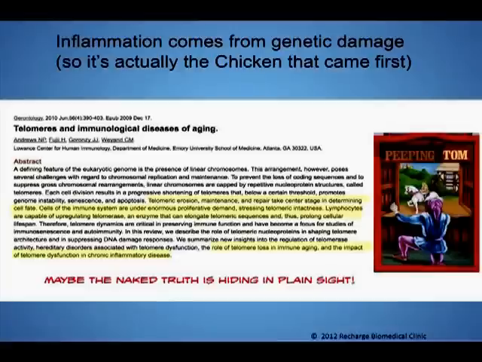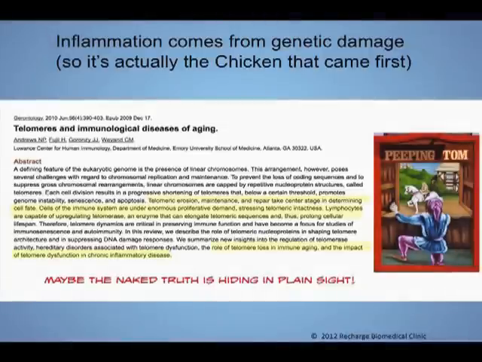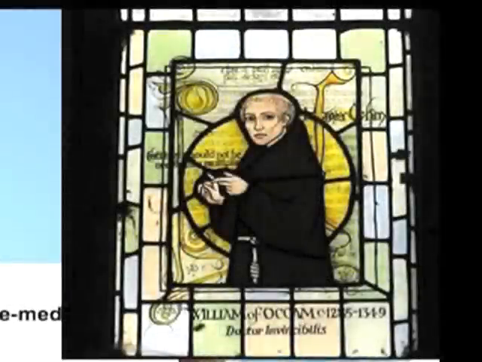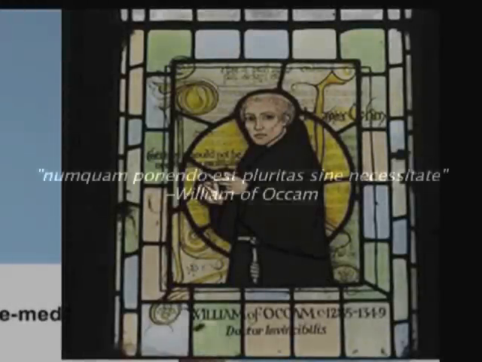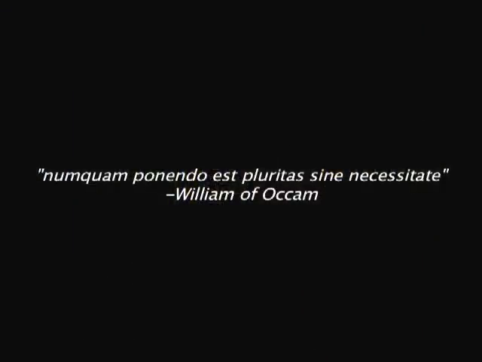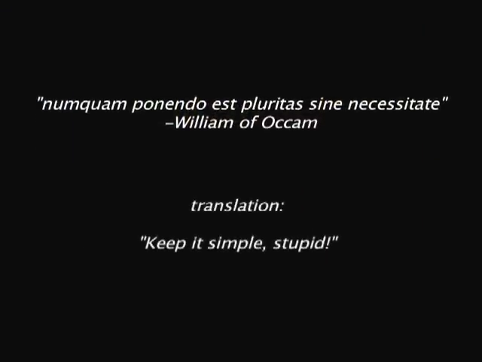So instead of the emperor's new clothes, maybe we're looking at more like a peeping Tom situation. Maybe the truth is hiding. Walking around, I mean, there's 15,000 articles and growing on telomere, and maybe it's just that we refuse to see the truth. So I'm sure the truth will win out eventually. There was a famous scholar from the Scholasticist movement in the medieval times who said, don't come up with a lot of different reasons when one will do.